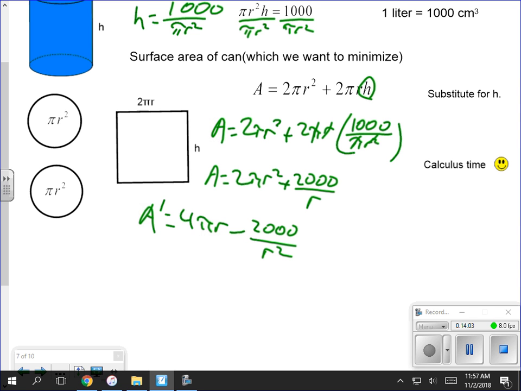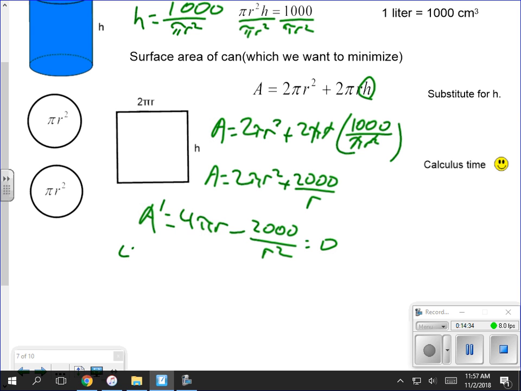It's one of those things: when you take the derivative with square roots involved, you change your square root to a fractional exponent, take the derivative, and put it back in square root form for solving, because it's much easier to solve in square root form than fractional exponent form. This is easier to work with an exponent in the denominator than a negative exponent. We don't think about solving negative exponents. So we set this equal to 0,